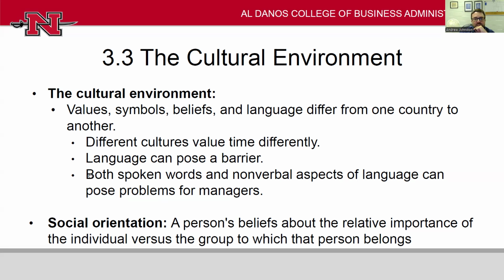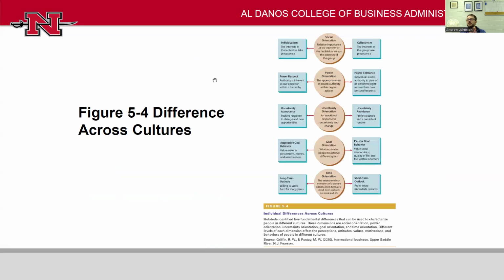You have a guy called Hofstede who identified a few different dimensions of cultural values. We have them listed here. Hofstede has done a lot of this work. You'll hear about Hofstede's dimensions of cultural values. He identified 5 dimensions that differ across cultures, and each of them is a spectrum that cultures vary on, that's been shown in his surveys, quite significantly. The first one there is the social orientation.